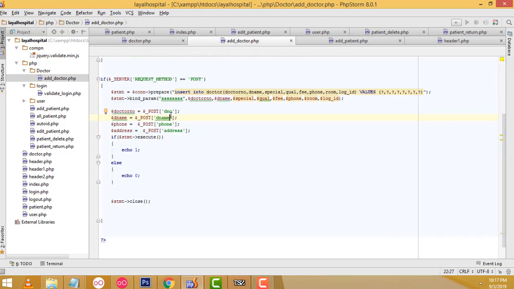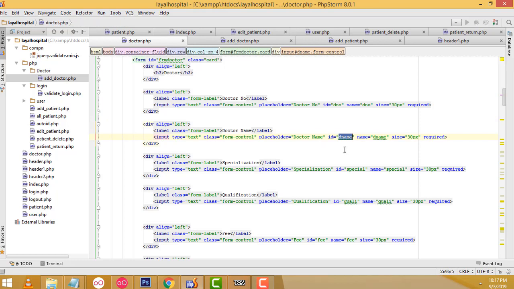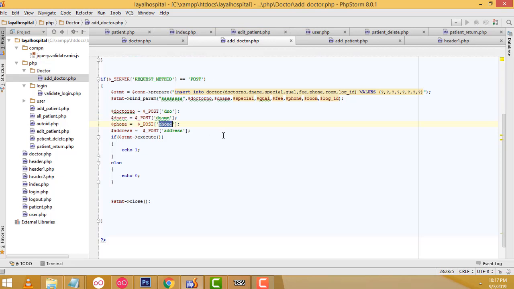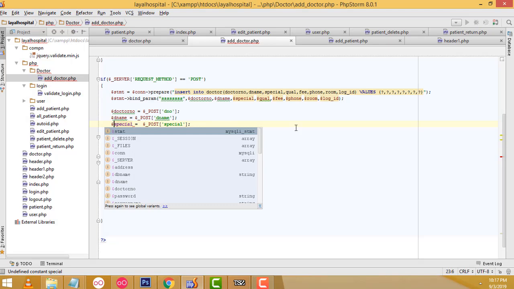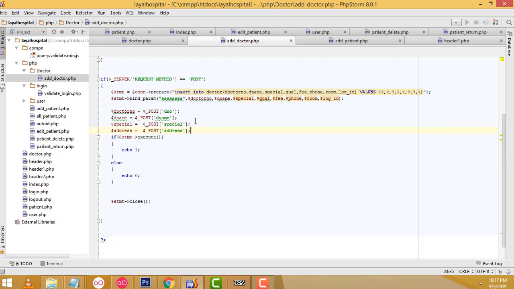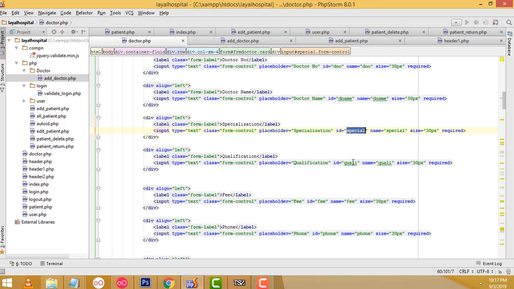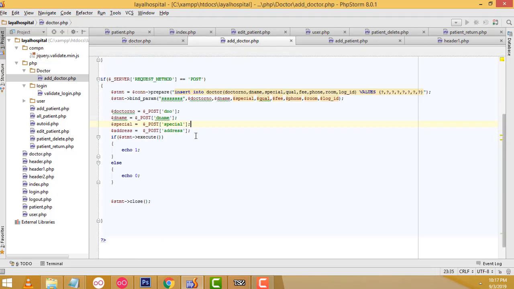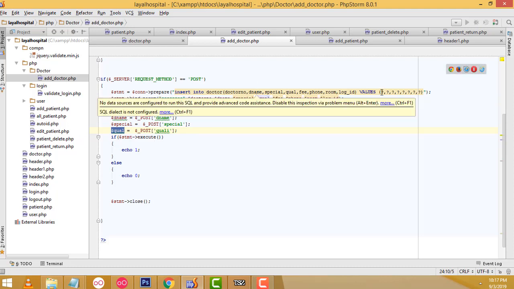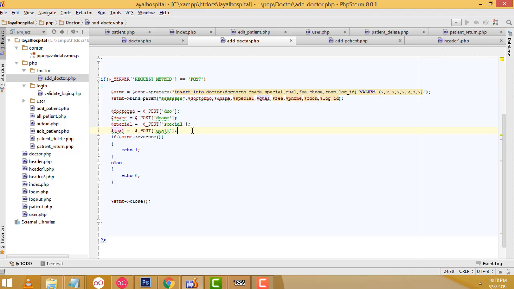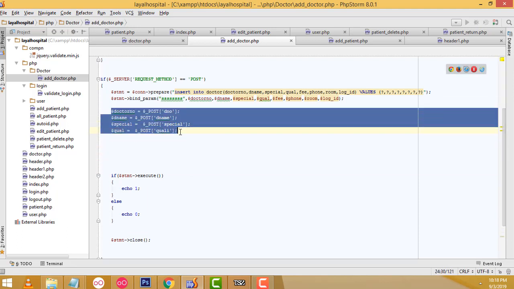Paste it here. These values are coming from this doctor.php page, right? After the special, control C to copy. You have to paste it here. Special. After that, this third one should be the qualification. Same thing, control C to copy, qualification. Qualification also here. We are equal to this variable here. These fields go to here, to the pass statement. After that we copy all the fields, these 4 fields, control C to copy, control V